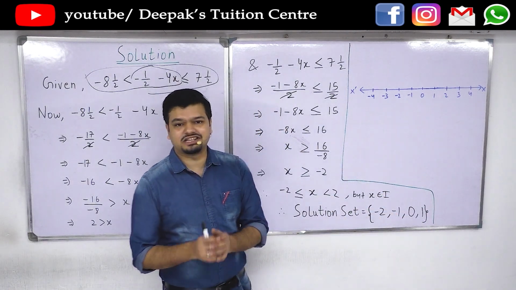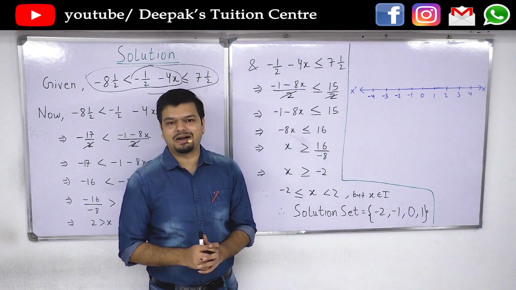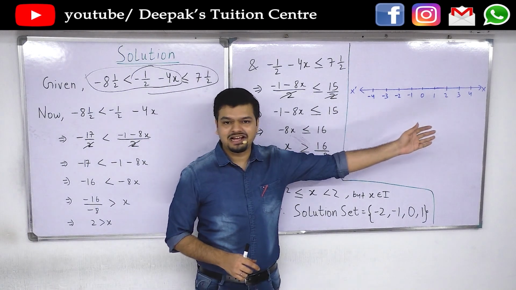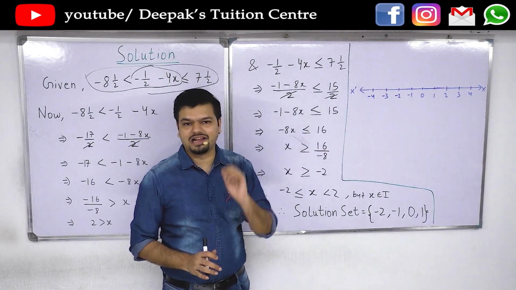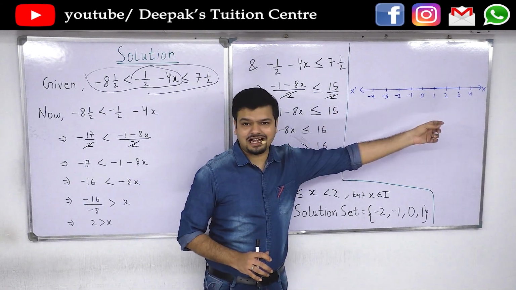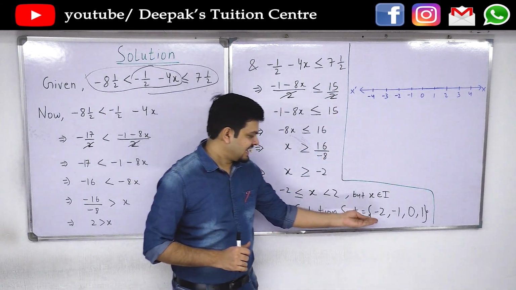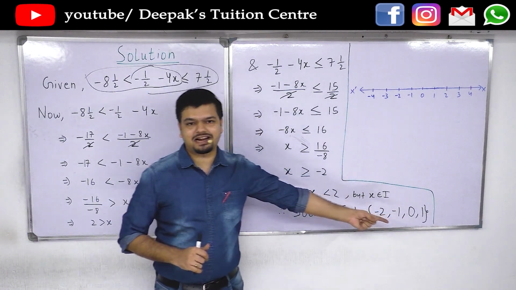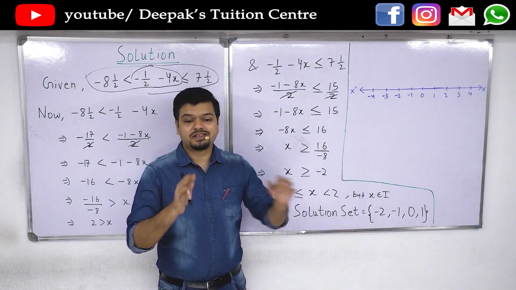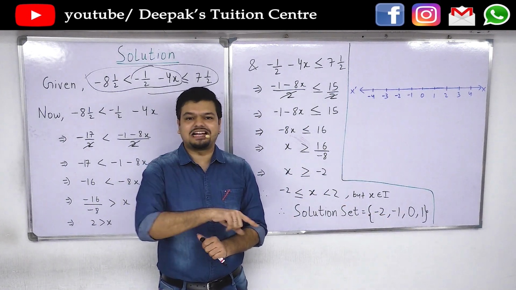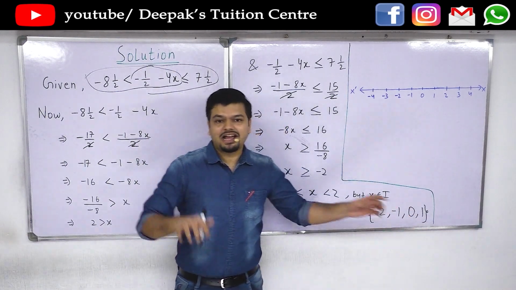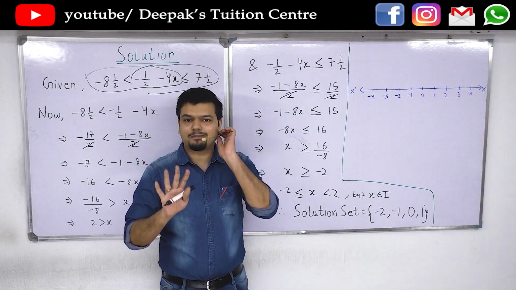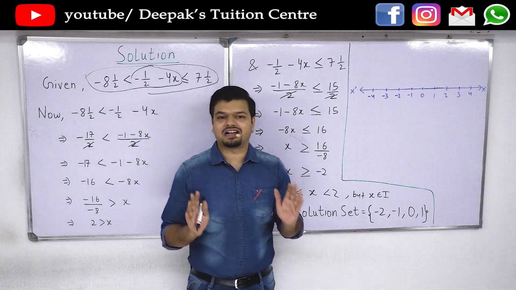Then the question asks us to represent them on the number line. So we'll have to draw a number line. A number line has to be drawn using a pencil only. You draw a straight line. First thing you need to understand is that you will not just draw the numbers that you are required to represent. You will always take two numbers on either side as extras. So basically 4 numbers are already there and 2 plus 2, you need 4 numbers more. So you need 8 markings.